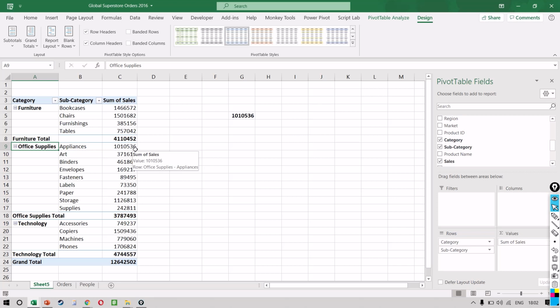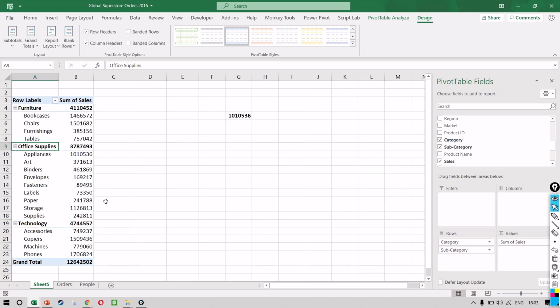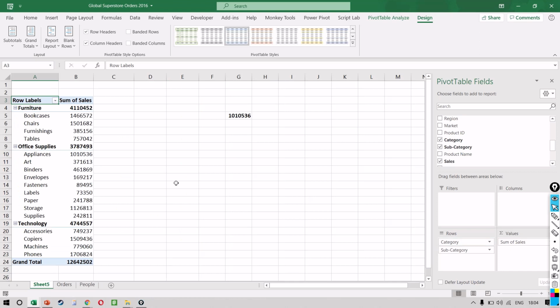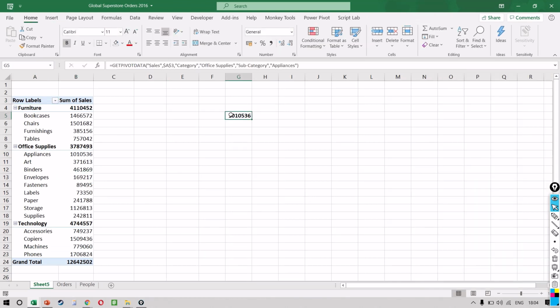Now, if you're smart, you can even use GetPivotData a little bit like VLOOKUP, and this is how you do it. Let us first change the data back to how it was. So we put category above our subcategory. We want to create two drop-down lists. So in the first one,